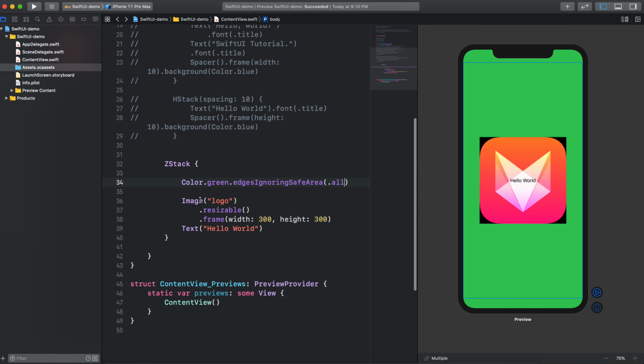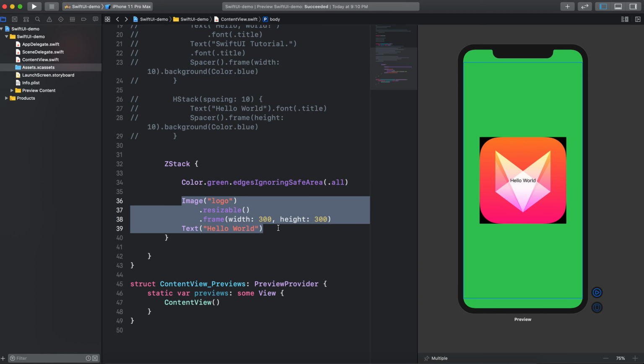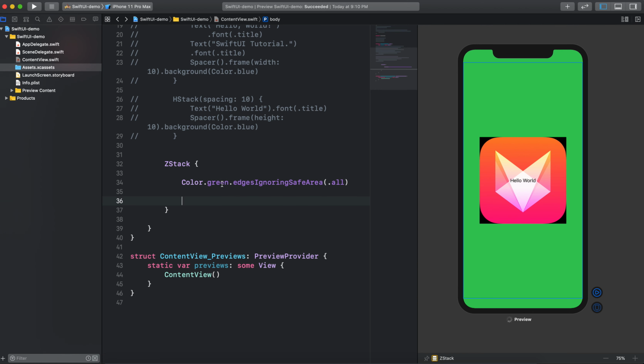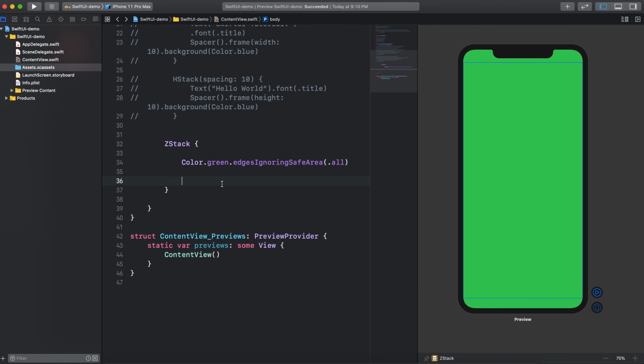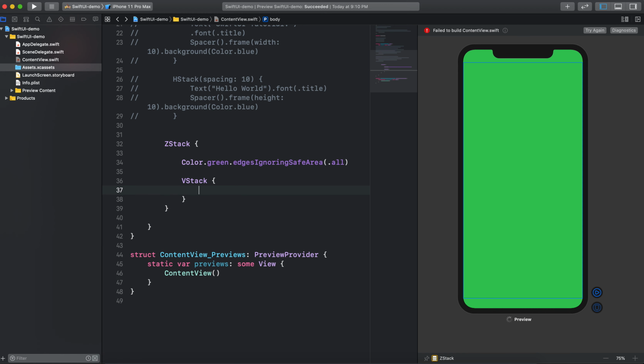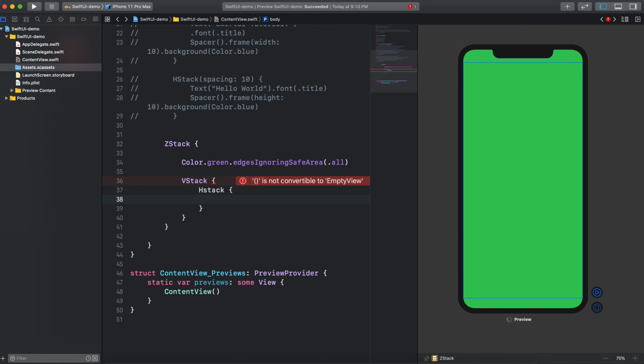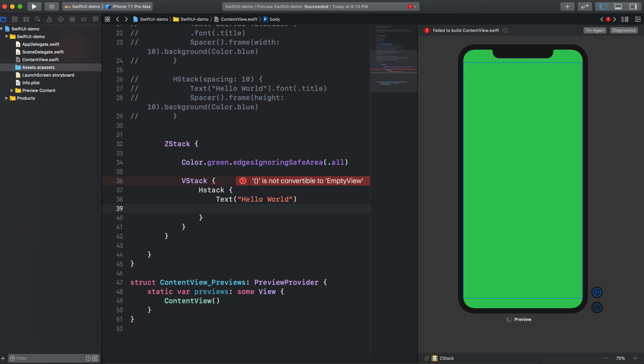So now let's remove this particular thing here and add some VStack and HStack inside. Let's start with the VStack then. We'll use some view VStack. In the VStack I want to use HStack. In the HStack I will add one text, hello world, and then I will use a spacer